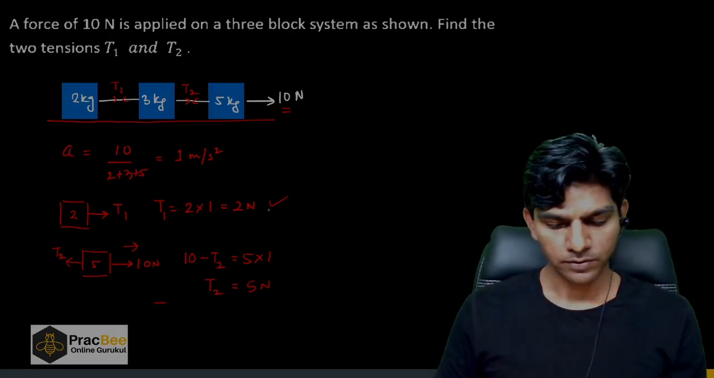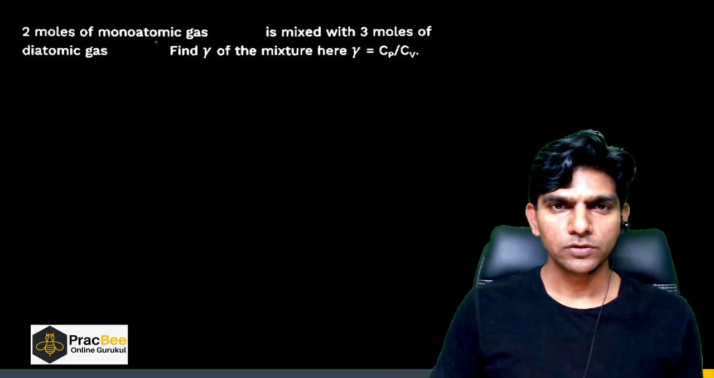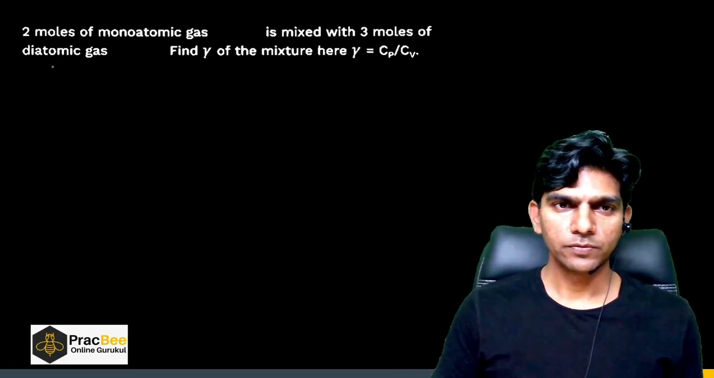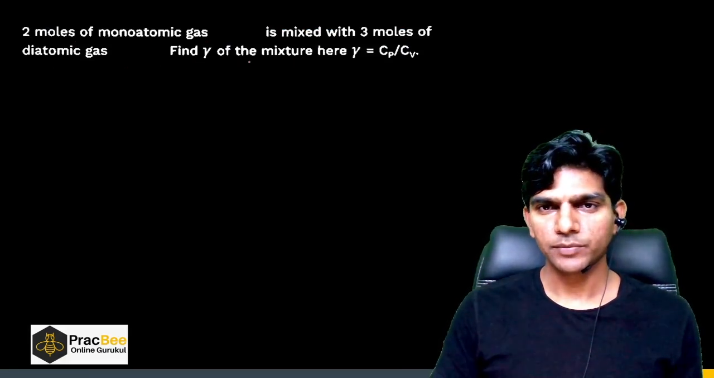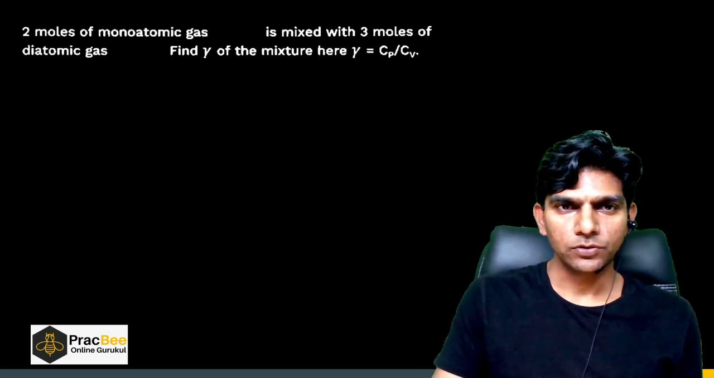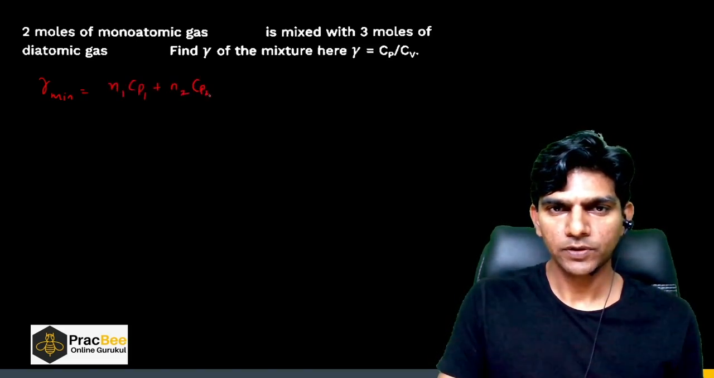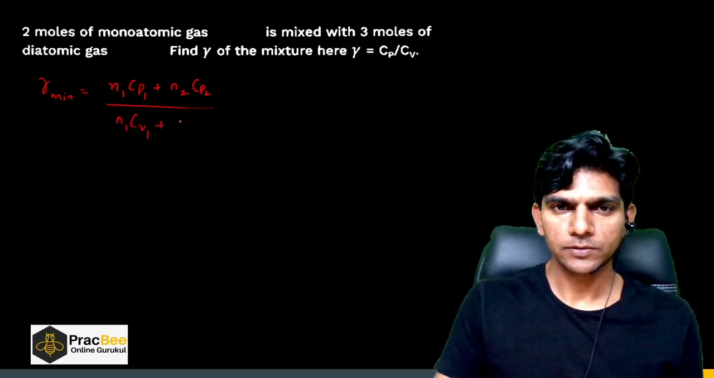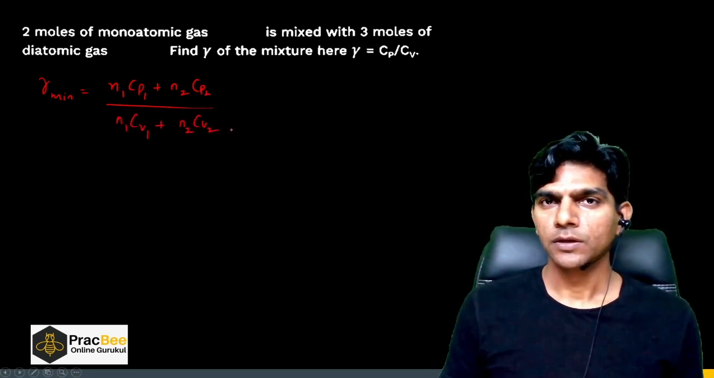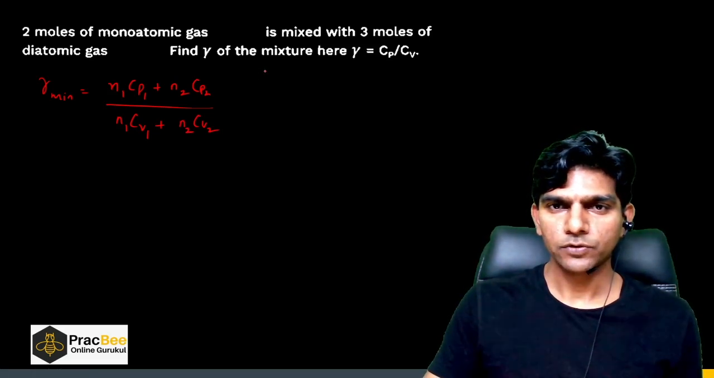For these values. In the next question, we have 2 moles of monatomic gas mixed with 3 moles of diatomic gas. Find the gamma of the mixture, right? So the value of gamma will be N1CP1 plus N2CP2 divided by N1CV1 plus N2CV2. Okay, so here,